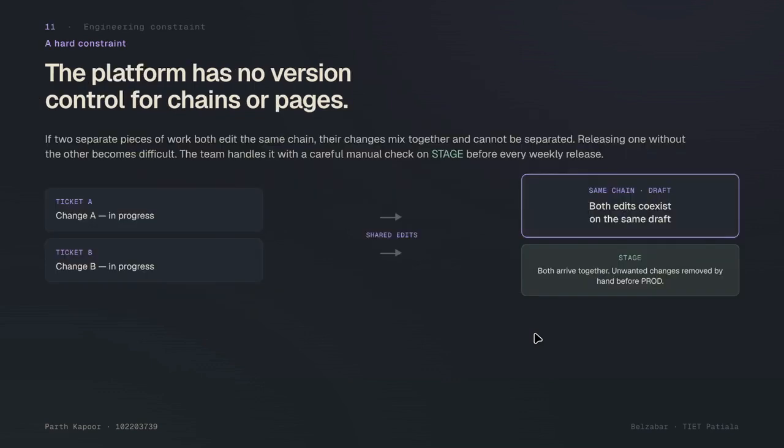Now, a hard constraint that I found while working at Belzabar is that we don't have a version control system here. Basically, if we are working on 2 tickets that require changes to the same API at the same time, and we need to move one change to the next environment, we cannot do that. If both changes exist in the single API, both changes will go to the next environment when migrating. Now, this was a big issue, and because of this, before every production release, we check if there are any unwanted changes compared to the previous environment, that's the staging environment,